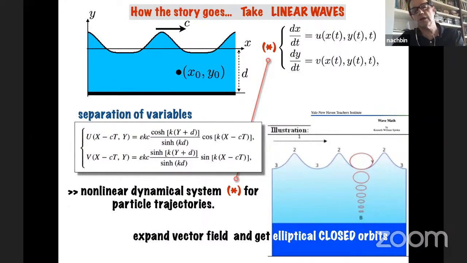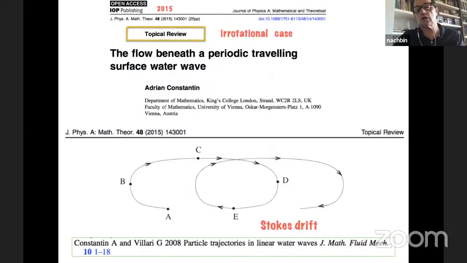Okay, so then Adrian pointed out many things, and he mentioned, look, even for the linear problem, there is a Stokes drift. It is not a closed orbit, that's an approximation to a closed elliptical orbit. Actually, it's a quite recent result of Adrian with Villari that they proved the Stokes drift because of this highly nonlinear dynamical system. So here we basically see two crests have passed by. The first crest goes from A to E, and then when the second crest of the Stokes wave, say, not a Stokes wave in this case, but some periodic wave, passes by, because it's a linear problem, you get this drift. It's not a closed orbit.